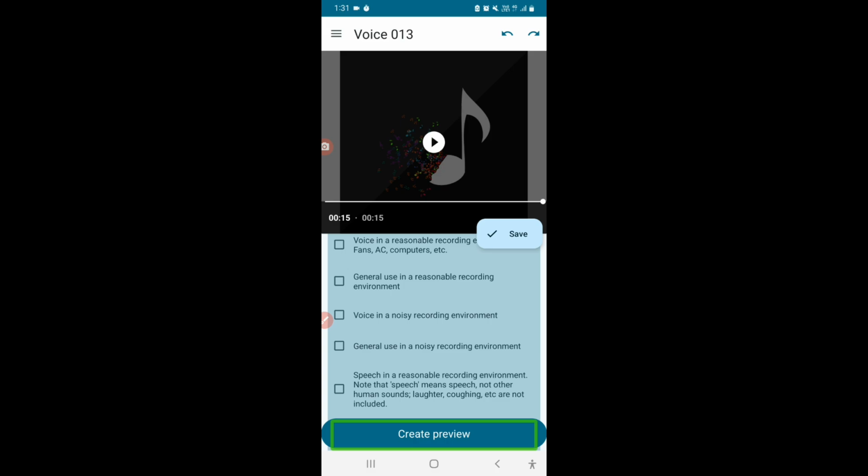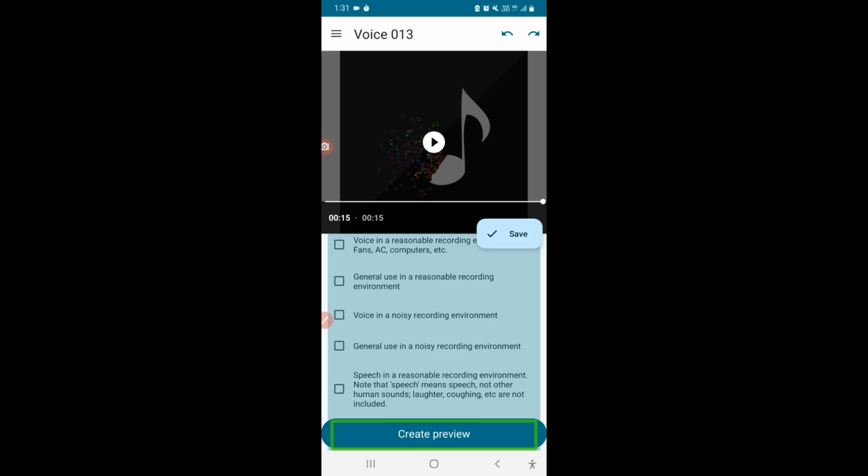Now in this case, I have the noise of a fan, so I'm going to check the checkbox of remove white noise, since fans come in the category of white noise. I can check the checkbox of that fans AC one, but if your fan noise is the only noise that you want to remove, I would prefer that you check the checkbox of white noise instead of checking the checkbox of that reasonable recording environment fans AC one. Okay, but if you have noises besides fans, along with fans, then you can check that checkbox.